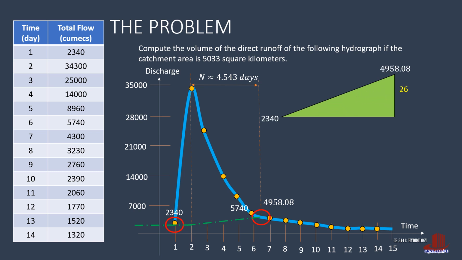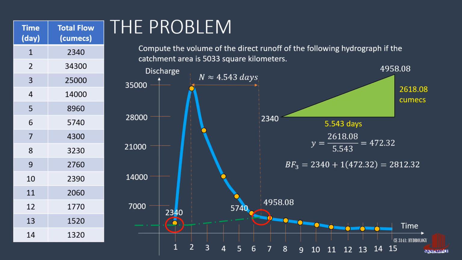Next is to compute for the base flow for those intervals included in the second extension line. The difference of y per day is computed as 2,618.08 over 5.543, which is 472.32. The base flow at T of 3 days is the reference height of 2,340 plus 472.32, resulting to 2,812.32. The fourth day has a base flow of